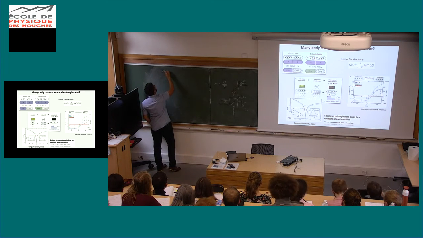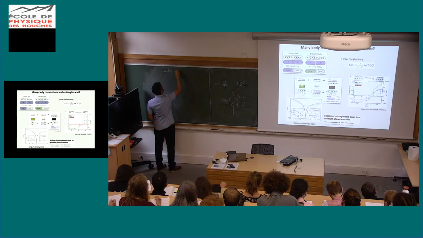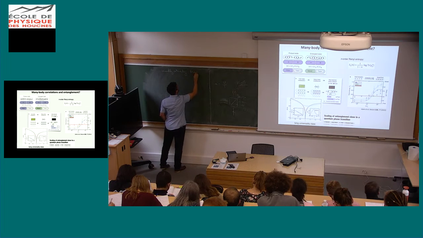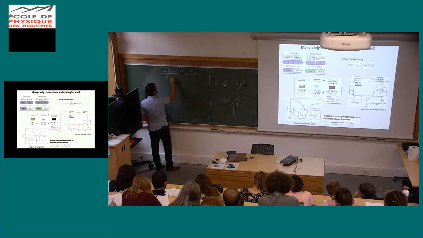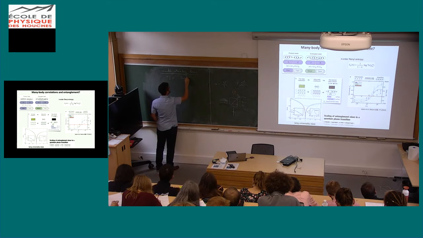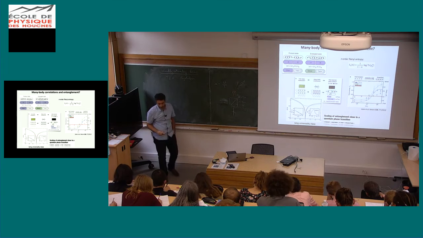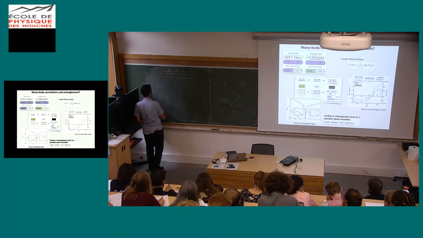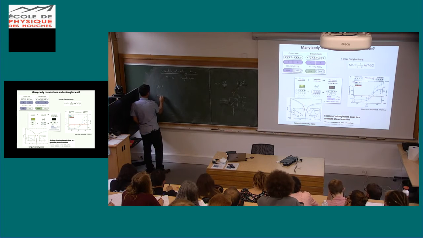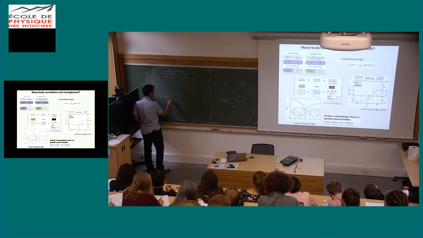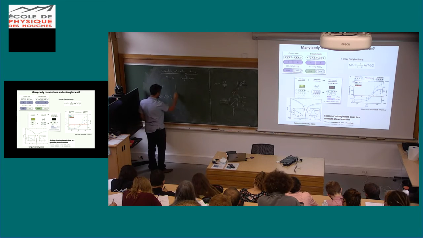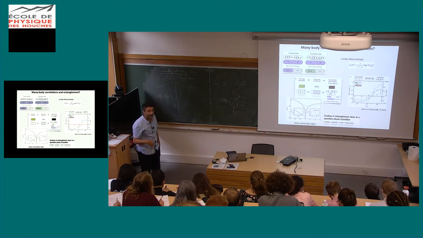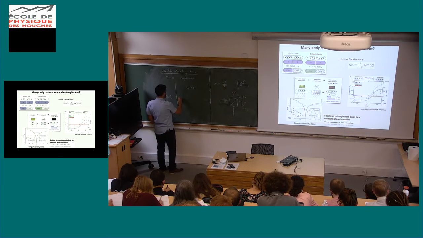So let's consider a weakly interacting Bose gas. I will take T equals 0 and treat it with Bogolyubov. So you know that if the gas is non-interacting, then the ground state is the pure BEC, just this coherent state. While if you have non-zero interactions, then you have the quantum depletion. So now the ground state